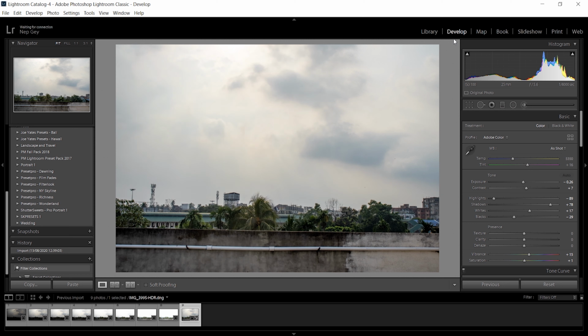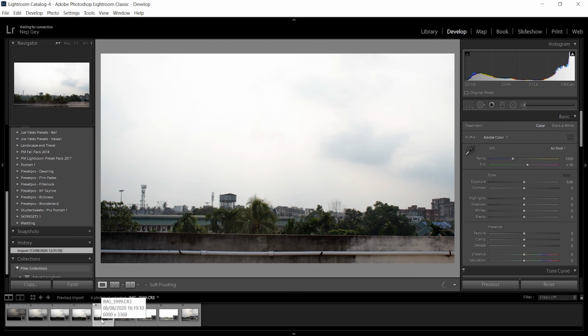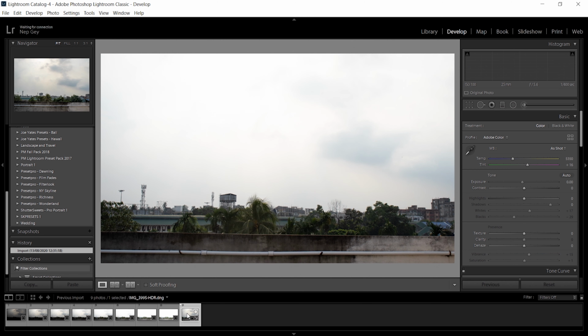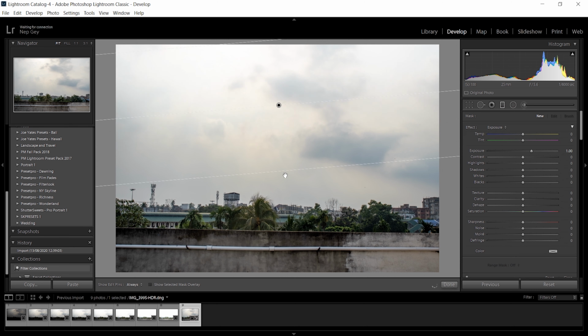So let me show you the difference. If I would have taken a simple image without actually making it an HDR, then maybe this would have been the exposure. Let's see. Yeah, maybe this, or maybe this would have been the exposure for me. So both images are not better than the image created by the Lightroom because you shot at different exposure levels. The Lightroom created an HDR image out of it. Now you can make some changes like add some gradient to even.